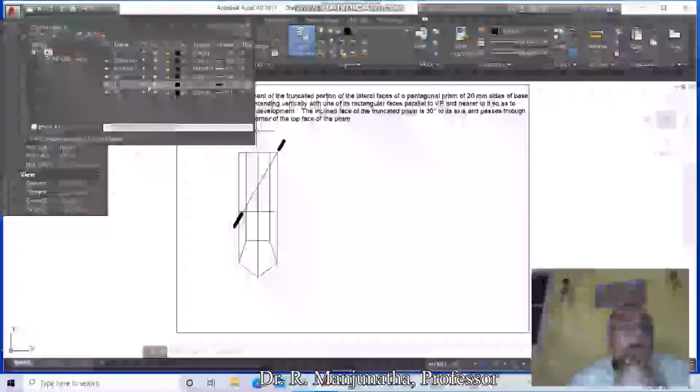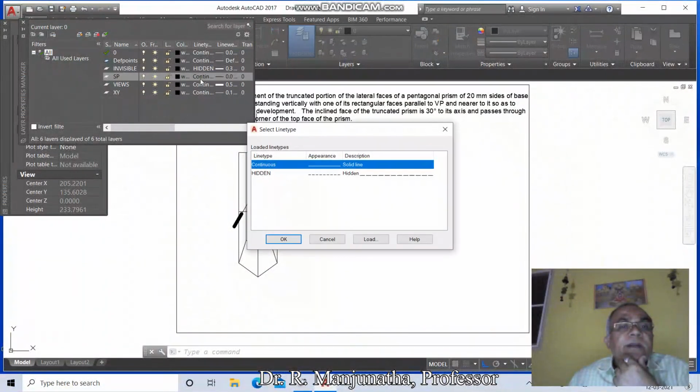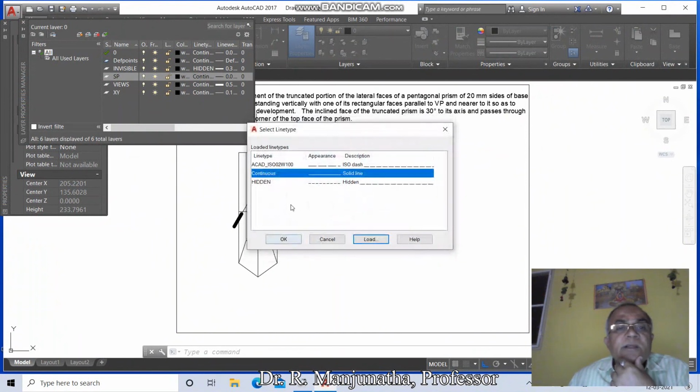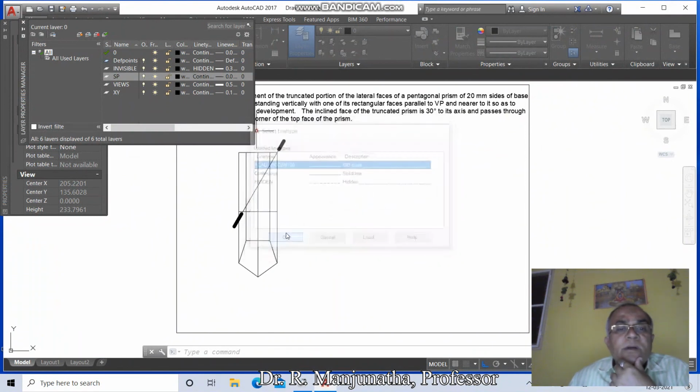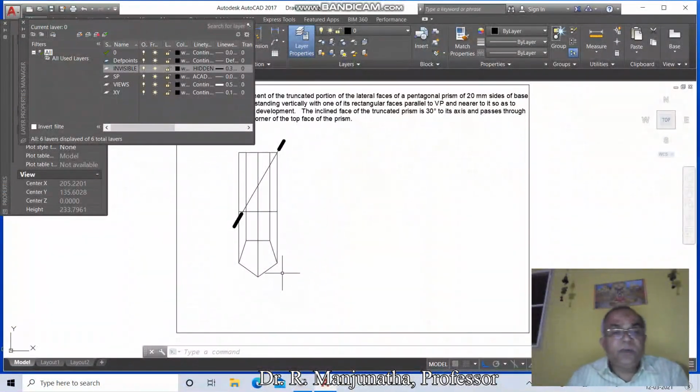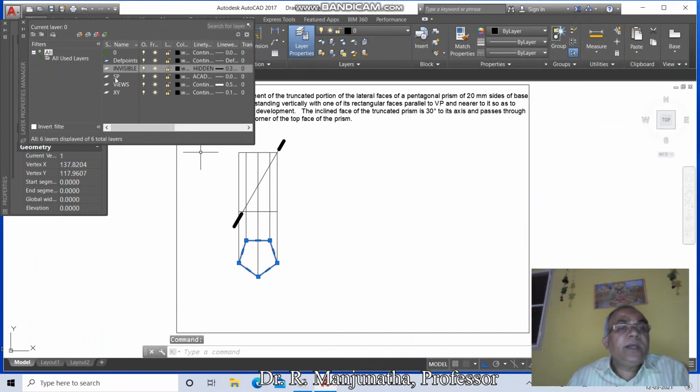Now click on section plane, click on load, click on ISO dash dot, say OK, click on ISO dash dash, OK, then go to invisible, then you have XY continuous. So all these things are over. Then you just go to this layer, go to layer, click on views and say